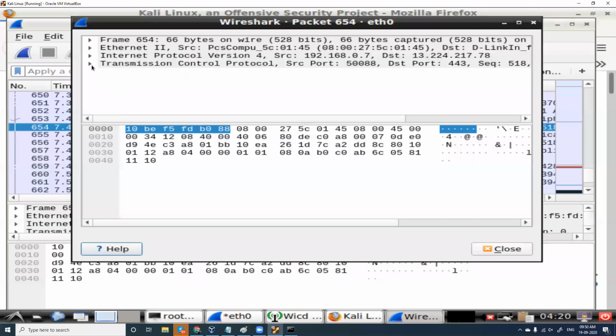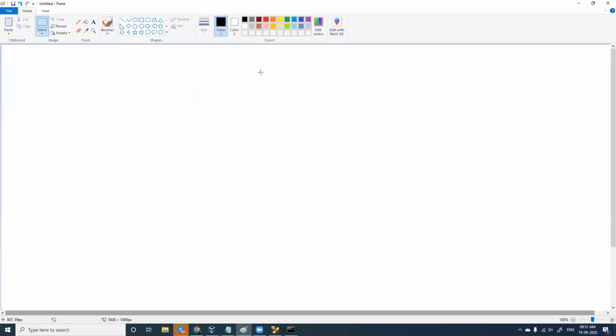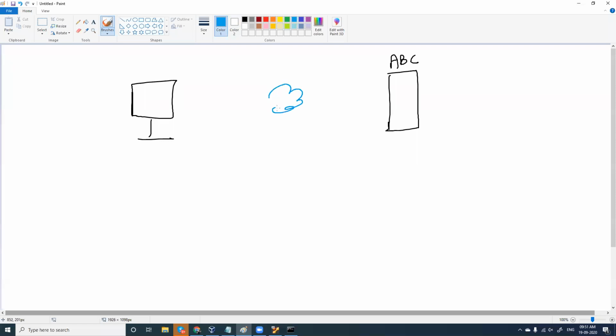And in case, right, Wireshark, understand this concept. It's going to be complex, but I'll explain this from the basics. And this is the ABC server, right? ABC server here. We are connected with the internet. Now I open my browser and I type www.abc.com/login.php. I'm going to log into this ABC website, right? So it is asking for username and password. I'm on the website here, and I have my Wireshark running.